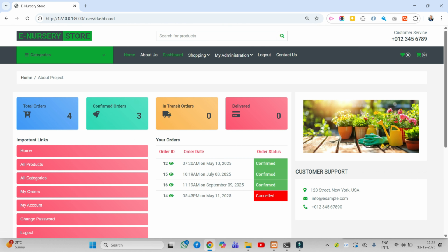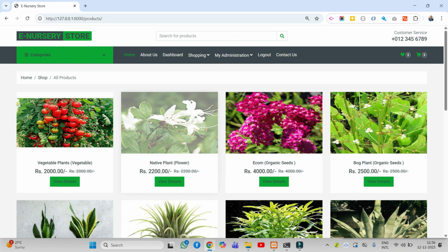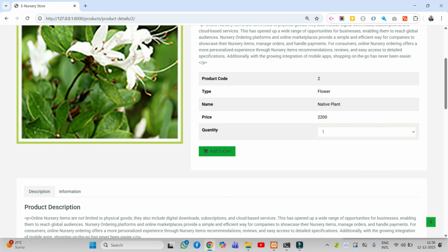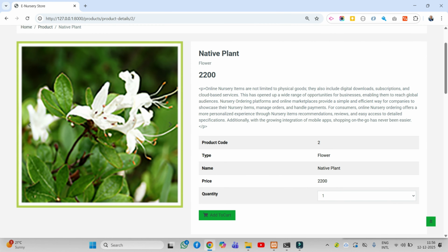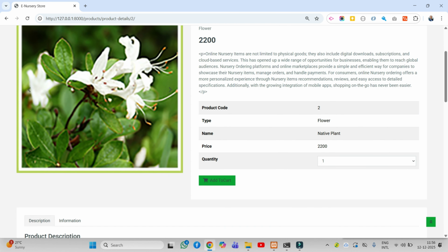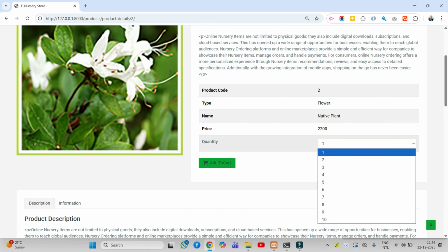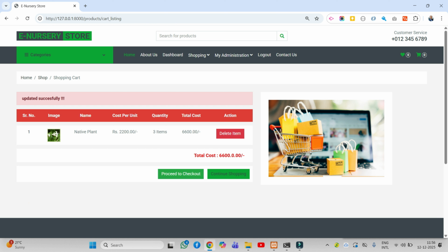If you want to buy some products, now click on shopping and click on products. If you want to buy a native plant, then click on view details. Here you can see all the product details. If you want to add quantity, you can add the number of quantity. If you want to buy 3 plants, then click on add to cart. You can see your cart has been updated successfully, and you can see the amounts calculating automatically, like 3 items,